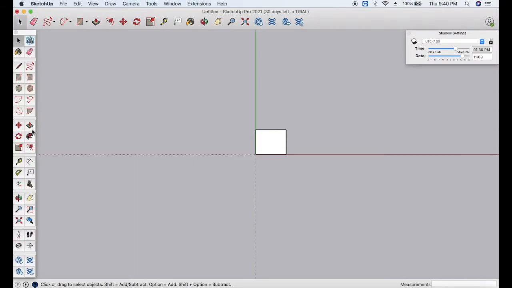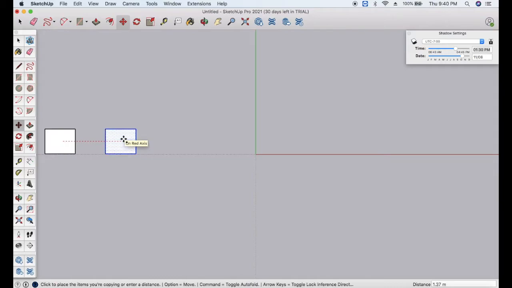As we are already aware, the move command can be used for moving any diagram from one place to the other. If we need to do the copy command, right? First click on the move command, take it to the position where we need to shift it, and then click the option key. On clicking the option key on the Mac, it automatically will give you a copy, right? And if you want to specify the distance, you can specify the distance in the distance bar by putting in 1 meter, right?